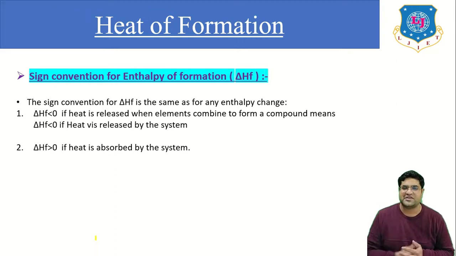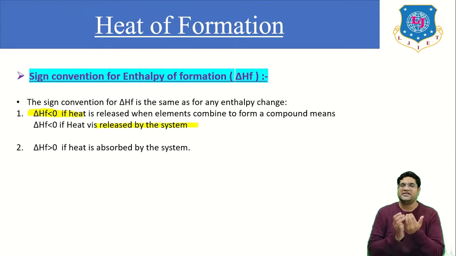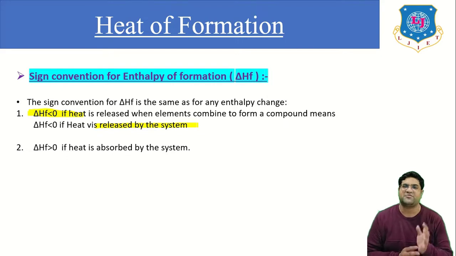That we have already discussed in the first law of thermodynamics. So the same type of sign convention we have used here. Here you can see if the delta HF is less than 0, meaning the heat of formation is less than 0, then the heat is released. Or we can also write, heat is released by the system. So when the heat is released by the system, that type of heat we will consider as negative. And the second one is positive, when the heat is absorbed by the system